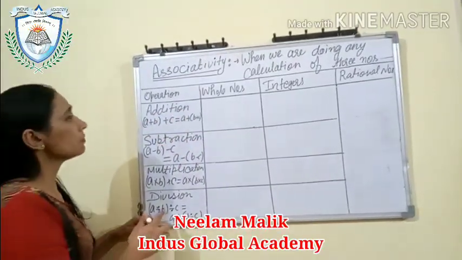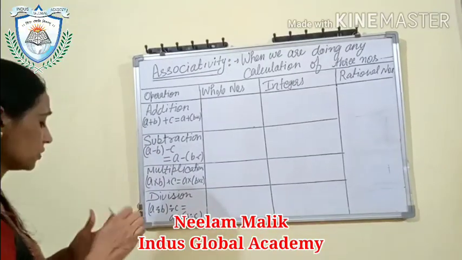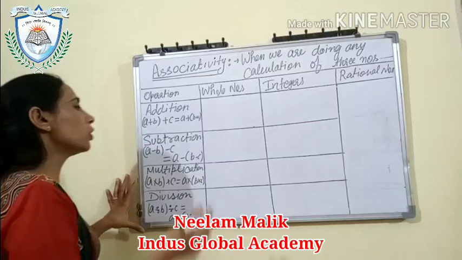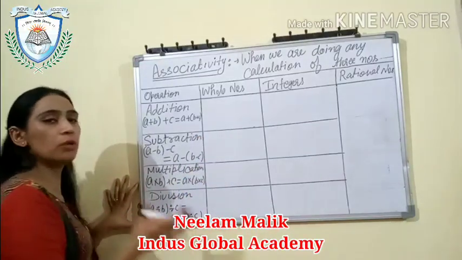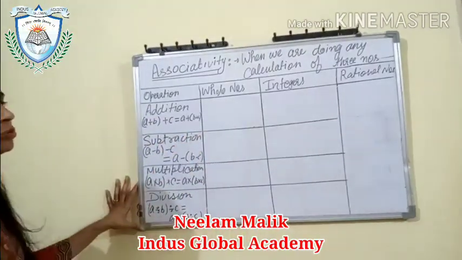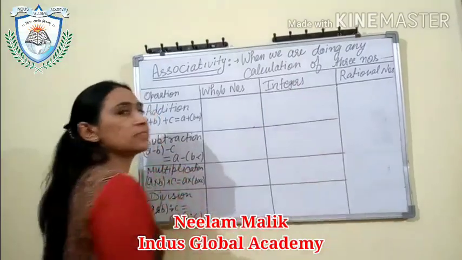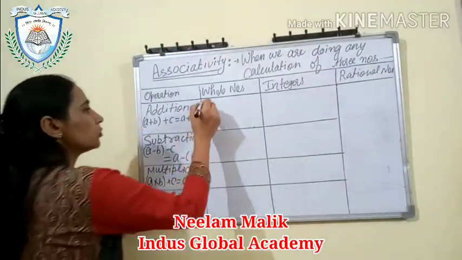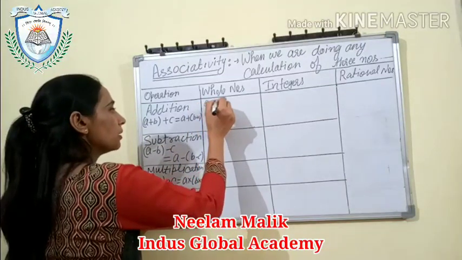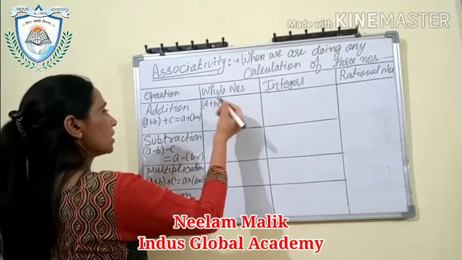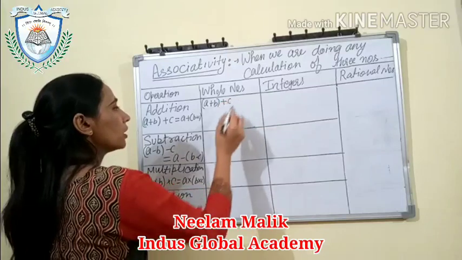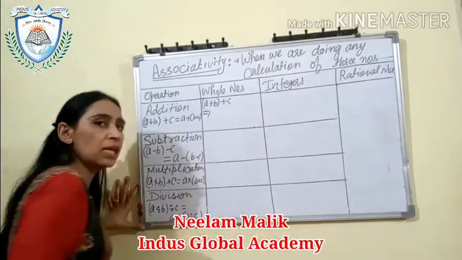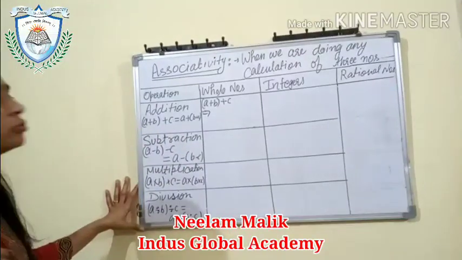Okay, so first I will check this for addition for the whole numbers. We will not do it for each and every one because you have already done that. I'll just explain 1 2 3 and then I'll explain rational numbers in detail. So here addition: a plus b, you are adding first a plus b, then c. Take any whole numbers, we can take any number from 0 1 2 3 and so on.